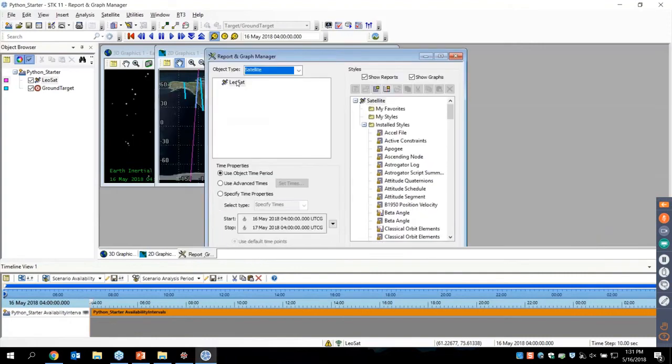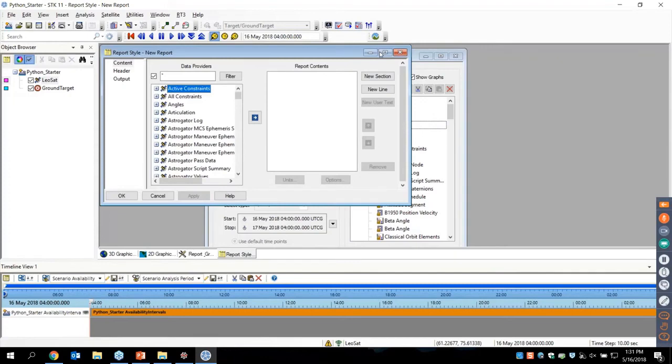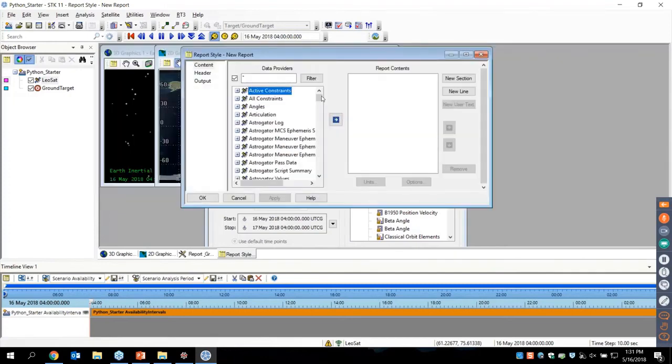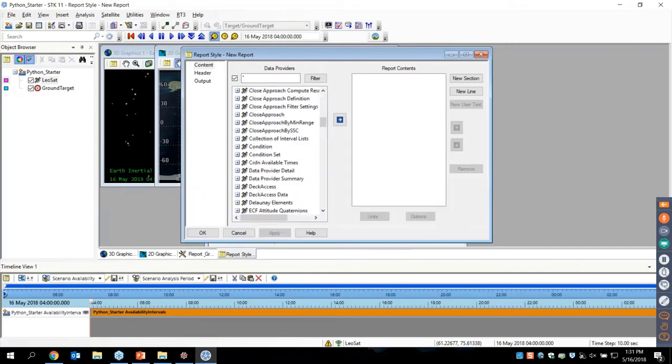So for example, if I wanted to pull out data about my satellite, the data providers are these categories here. Once again, they're everything that is calculated when you do anything in STK, and then you can choose how to pull your data out and what components you're specifically interested in. Some of these are just grouped by, you have your single level and then the items underneath it. Other ones are grouped a little bit differently, and I'll find a good example of it. Yeah. Some of them have subgroups. Might be due to like their reference frame or